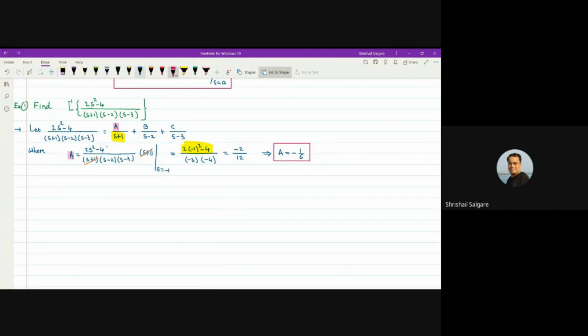In the same manner, suppose if you want to write b, can I write b directly here? So ultimately what you have to do, from the given function, you have to cancel the factor which is present in the denominator of that constant which you are finding. Now in this case, the factor is s minus 2. That means I will skip s minus 2. So the remaining is 2s square minus 4 divided by s plus 1 and s minus 3, and value of this function at s is equal to